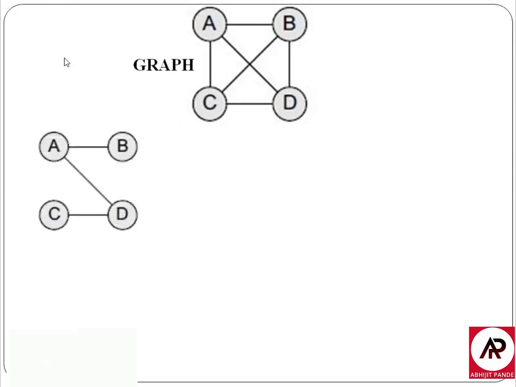So here I draw the first representation. In our graph there are four vertices, that is A, B, C and D. There are three edges present in my spanning tree, that is A to B, A to D and C to D. The same edges are also present in the graph. That means the edges present in the spanning tree are a subset of the edges present in the graph. That means it satisfies both properties of a spanning tree: the number of vertices is the same and the edges are a subset of the graph's edges.